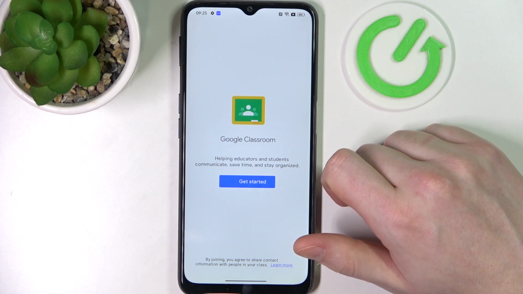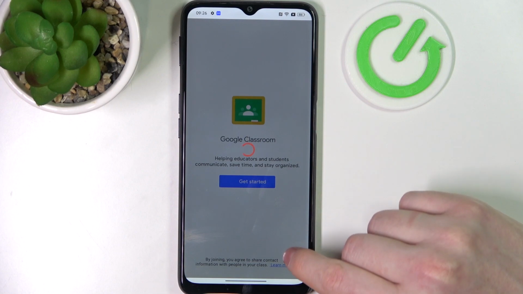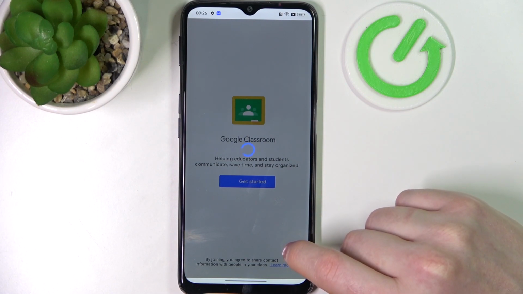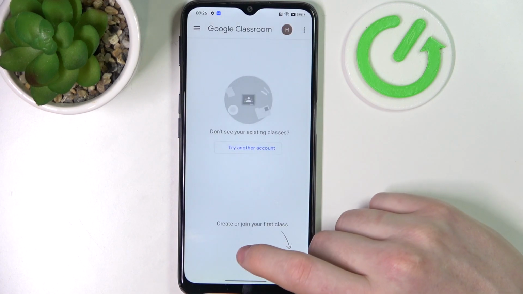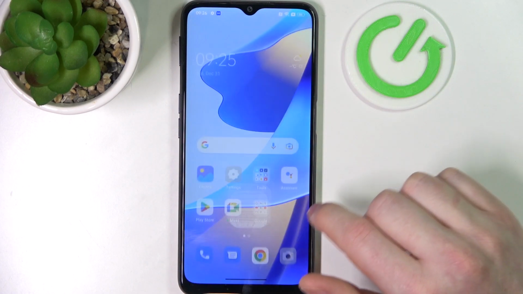Click on Get Started. Select the account to use for this classroom. Then press on this plus button, join the class, enter the class code in the pool right here and click on Join. And that's it for this